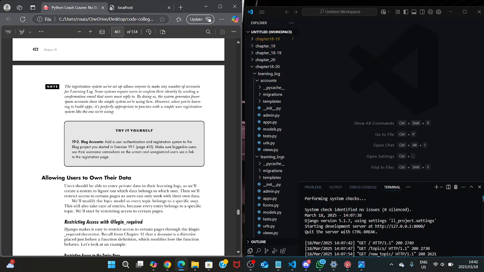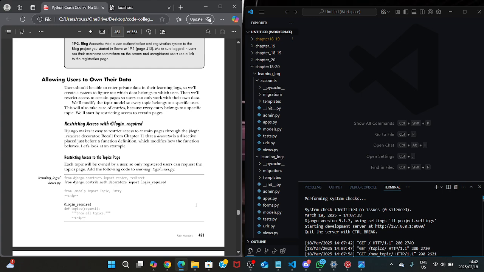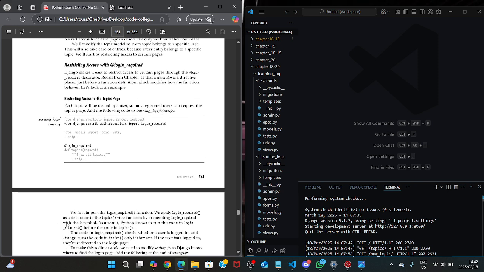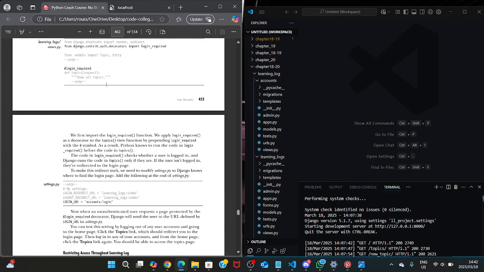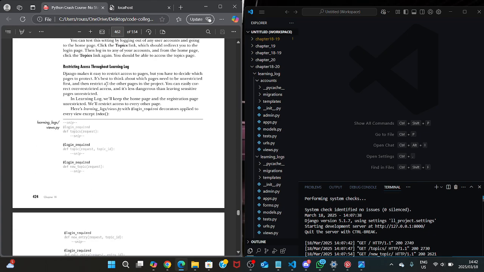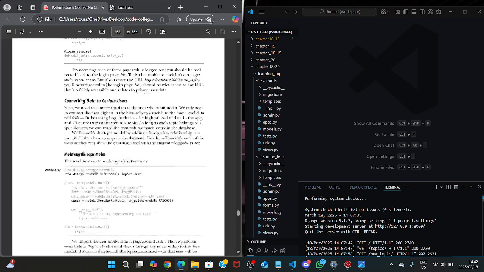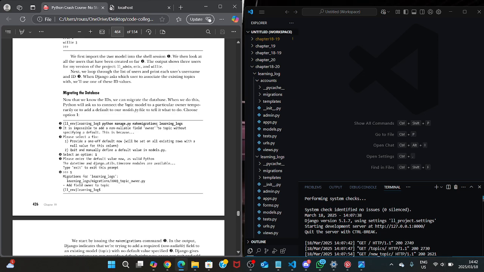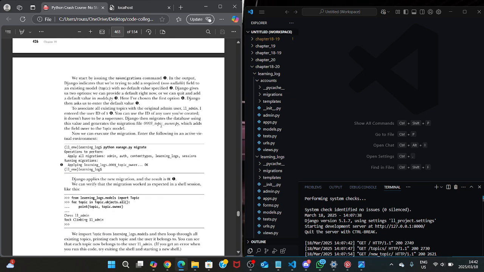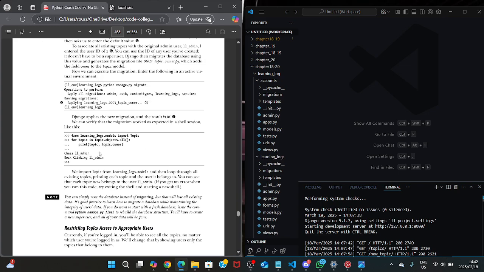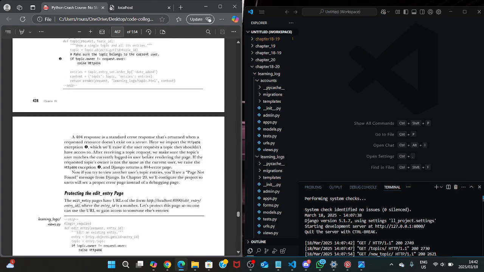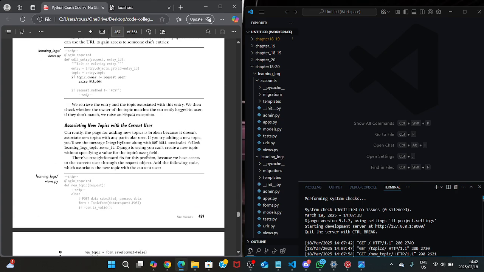And then moving on, allowing users to own the data, restricting access with login required. So basically, we're going to add all the code, and then run the following commands in our terminal. And basically that will